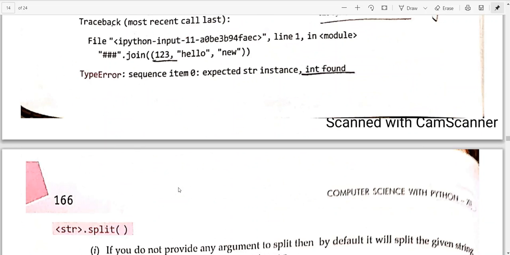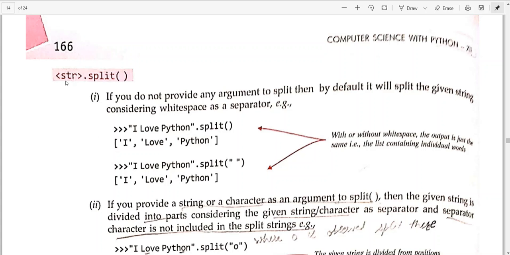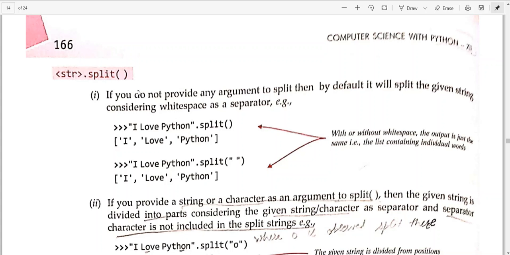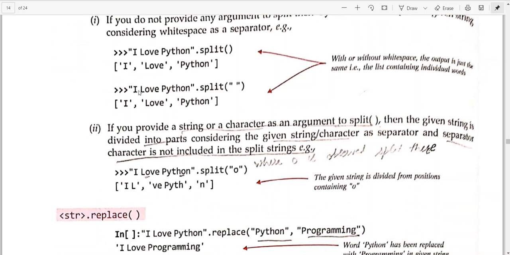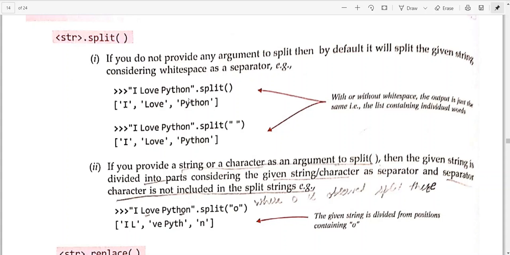Okay, so your next function is str.split. This particular function will help you to split. If a split element is written inside it, it will use that particular element; otherwise also it will split. If you are giving this string and attaching this split function, wherever it has a blank space, it will split the string into different parts like this.